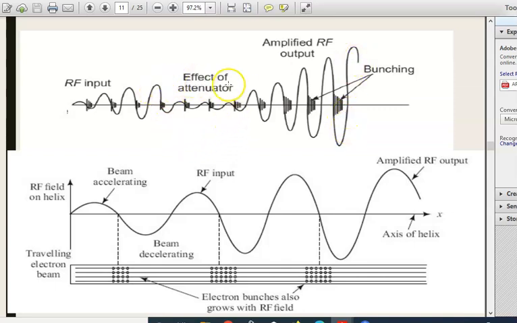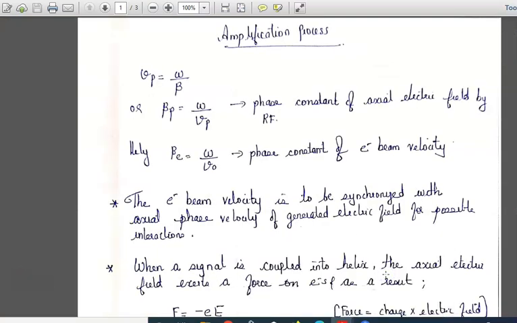This reduction in the center is because of the attenuator. It is mainly meant to reduce the backward scattering or backward reflected waves, but it also affects the forward wave, which will be taken up in the further sections of amplification. This is how the process continues. We have the velocity modulation and bunching process happening throughout the entire device, because the electrons and the input signal are traveling together. Amplification process, we need to have a